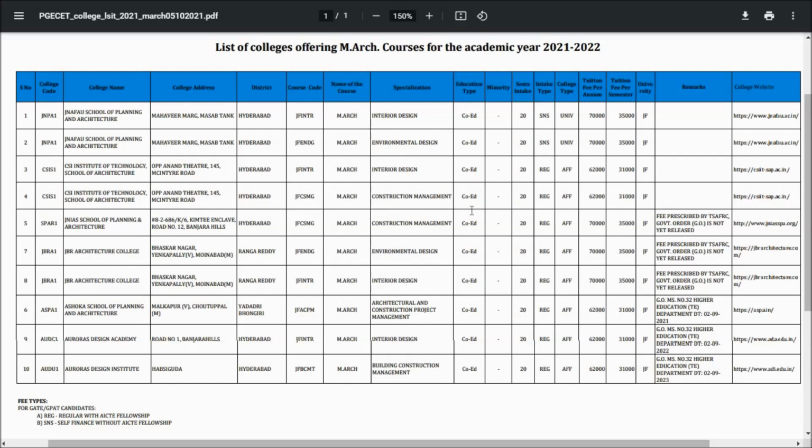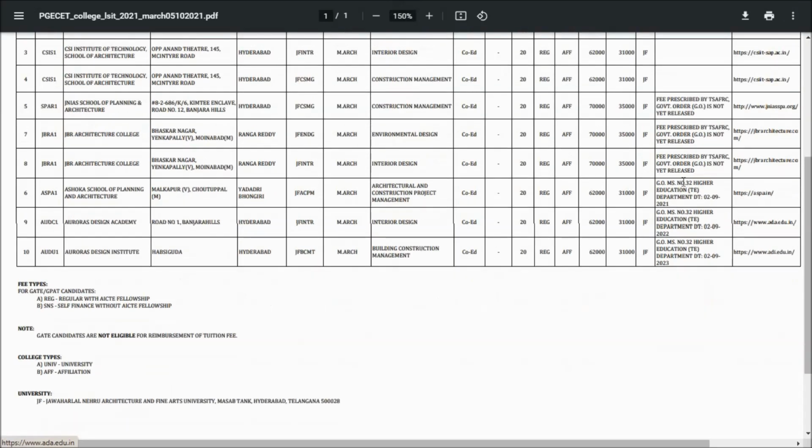All the things they have mentioned. Co-education, education type minority, seats intake 20, tuition fee per annum 70,000, and tuition fee per semester is 35,000, and university comes under JNTUH. And college website they have mentioned here, so you can select. So the total is 10 colleges.